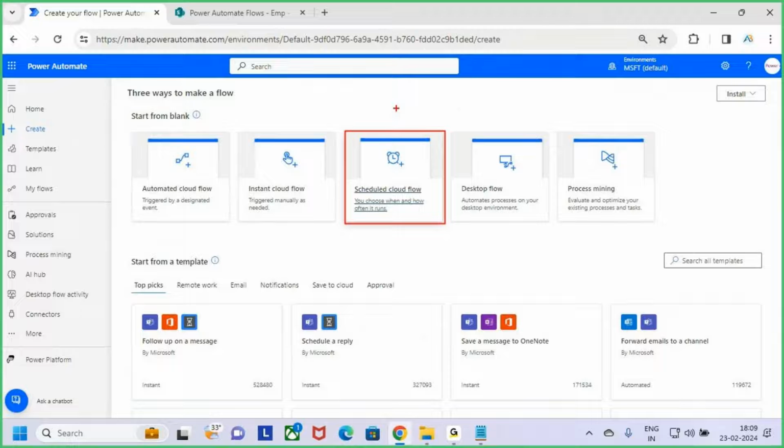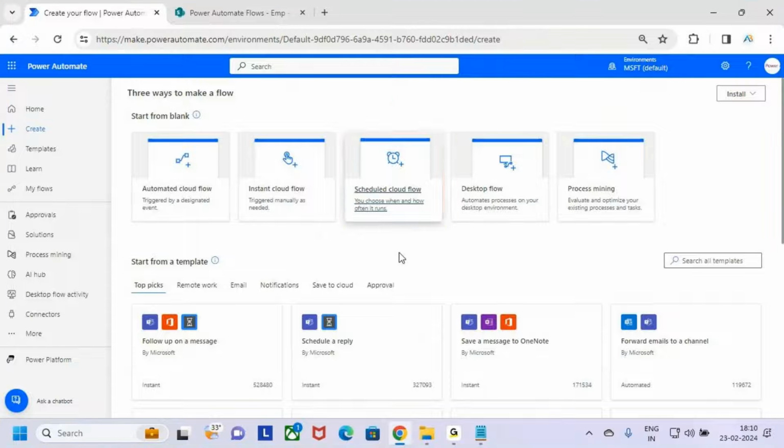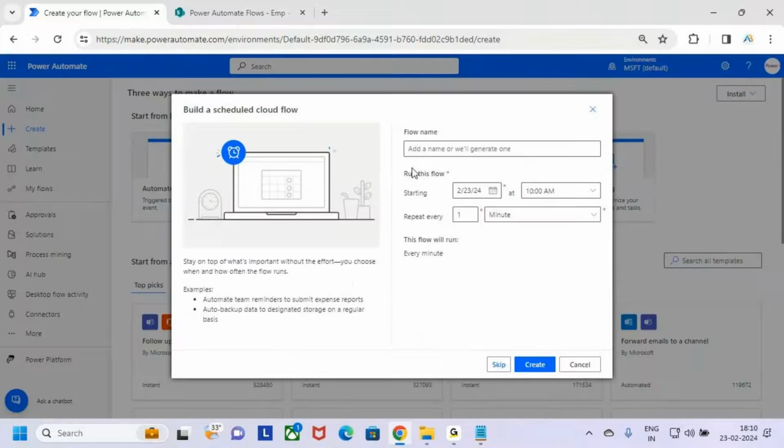Let's say tomorrow is some other employee's birthday. Tomorrow at 6 o'clock, if any employee's birthday is tomorrow, I want to send wishes to them in the email. So what do I want to set here? Go and select the flow type as scheduled cloud flows. Next, pass here the flow name. Let me pass the flow name as,